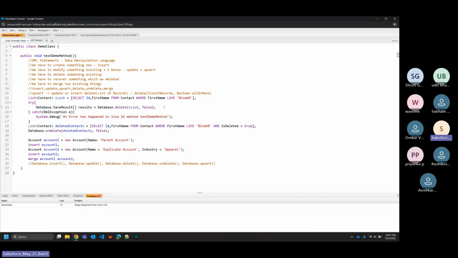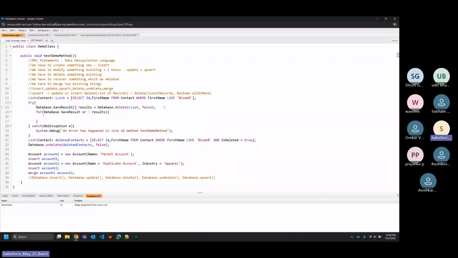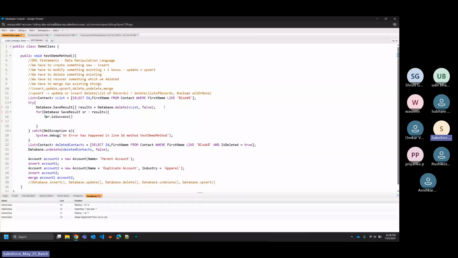How? If I run a for loop on this array afterwards, the type of the loop will be Database.SaveResult sr in result cell. I can check sr.isSuccess, right, and if I add the not condition, it lets me check the error. Now I can write here, let's say we were working on contact, right? So if I write here, if not sr.isSuccess,